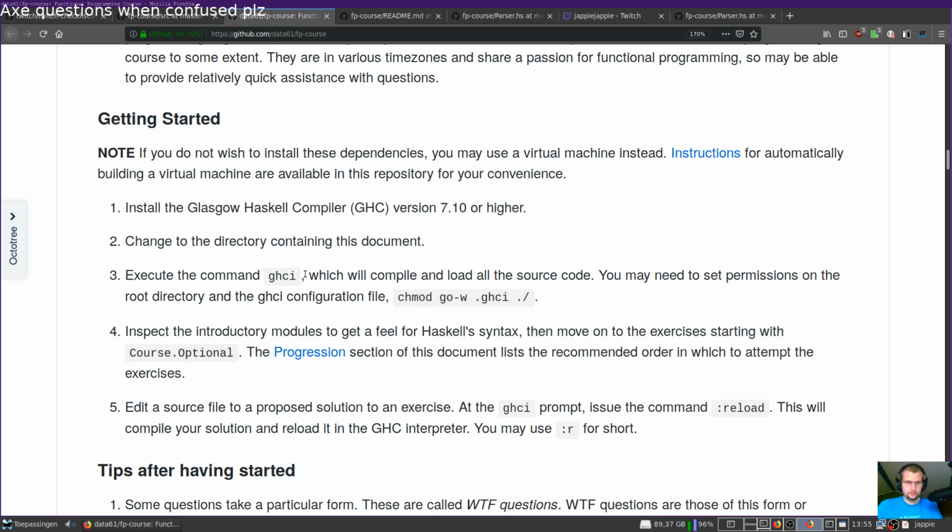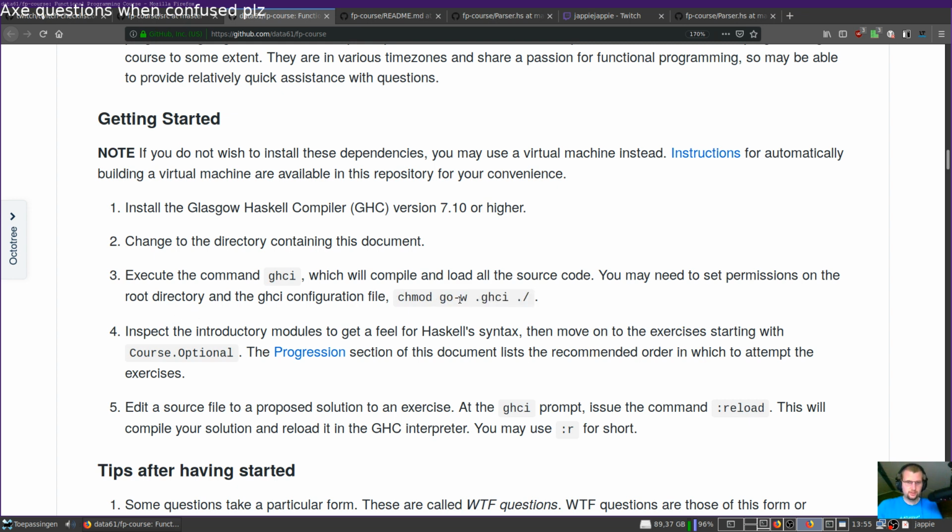Execute command ghci. We have GHCi, which compiles and loads all the source code. You may need to set the permissions on the root directory and GHCi configuration file. chmod go-w. Seems weird. I don't think I need to change any permissions. I should just have access to that.